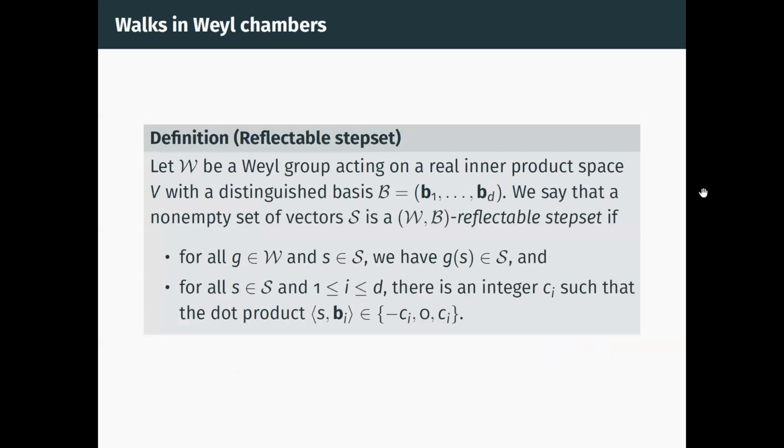And so somehow these reflections are encoding symmetries. And so we need to see how I could define a step set that is symmetric with respect to this group. The idea here is that we'll pick a step set where if you use any of the reflections on any one of the individual steps in your step set, then you get back another step in your step set. There are some other technical things, but that's the intuition here.